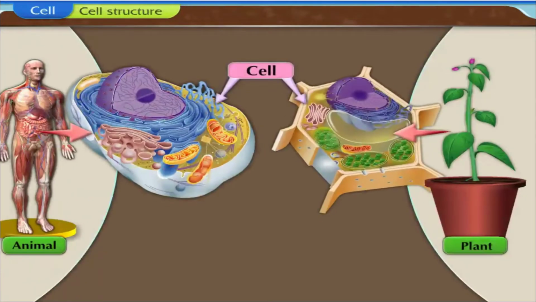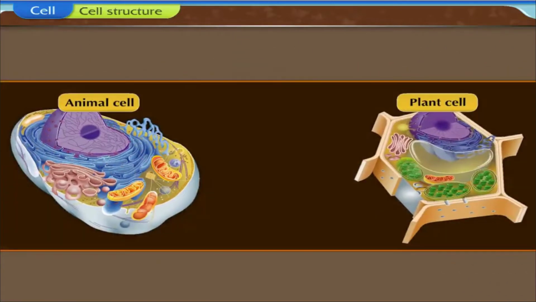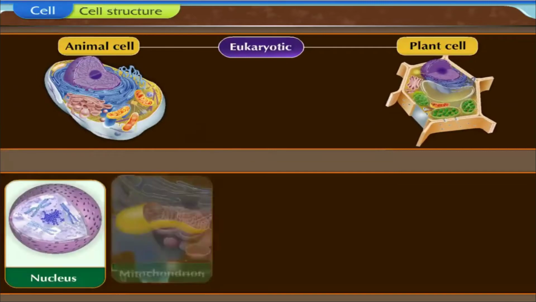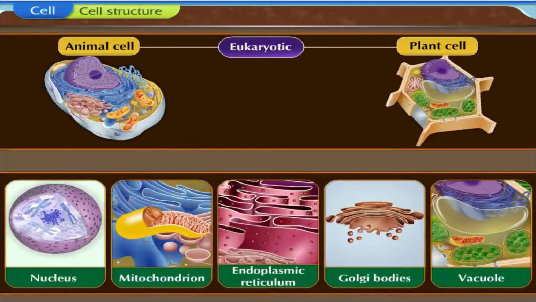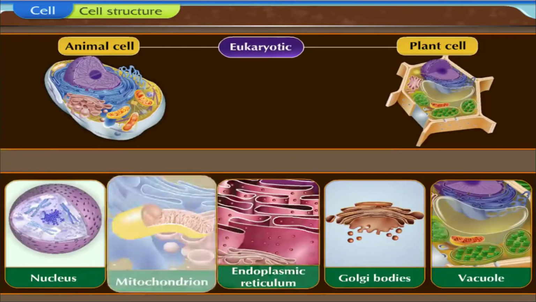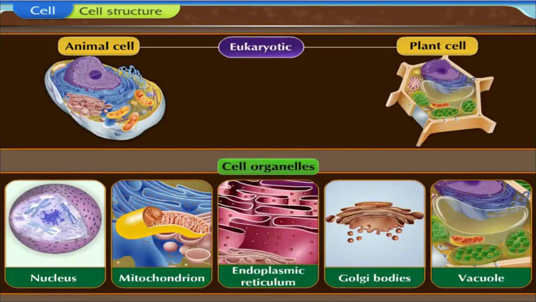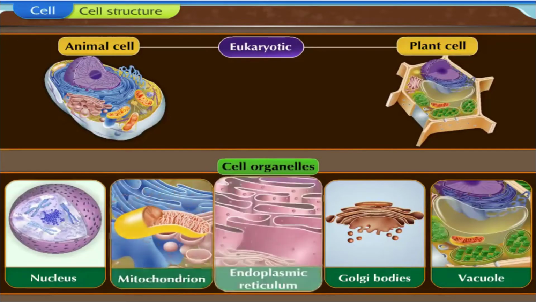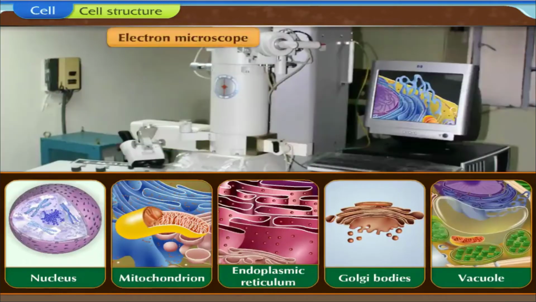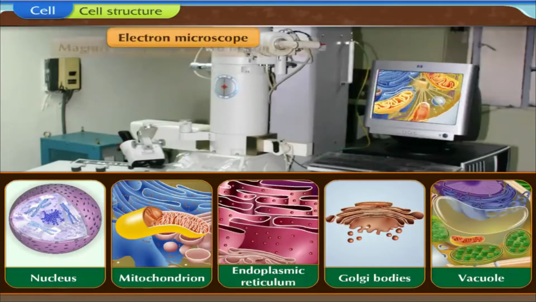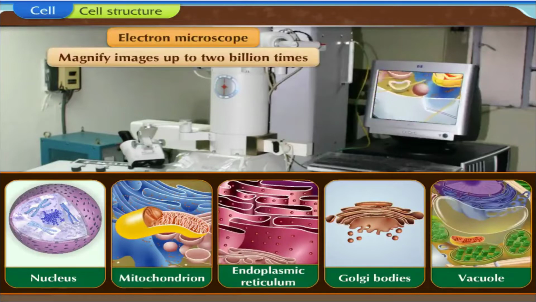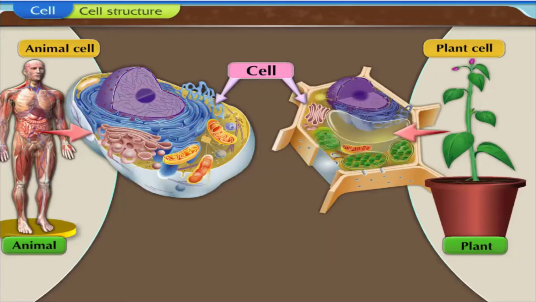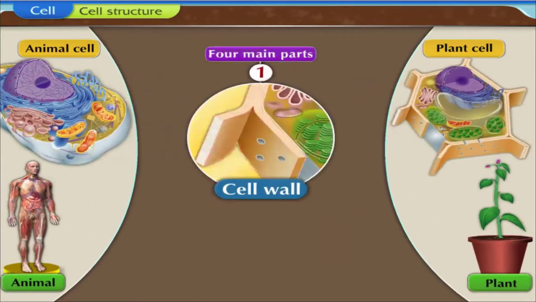Cell structure. There are two main types of cells: animal cells and plant cells. These eukaryotic cells contain various components for carrying out the different life processes. These components are called cell organelles. To study these organelles in detail, an electron microscope is required, which can magnify images up to 2 billion times than their actual size. The cell has four main parts: the cell wall,